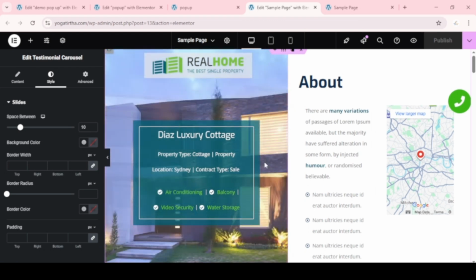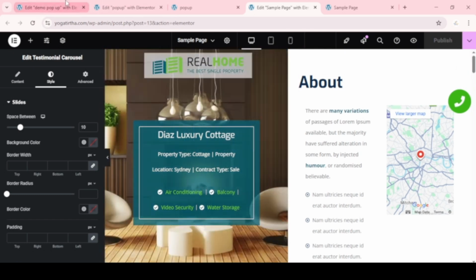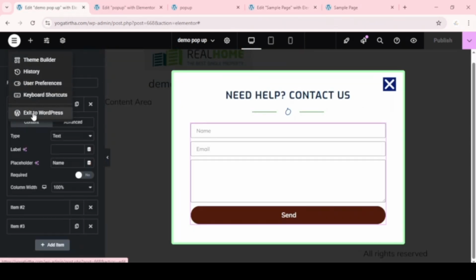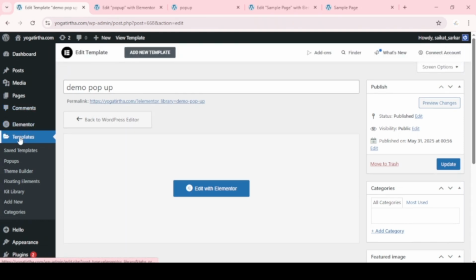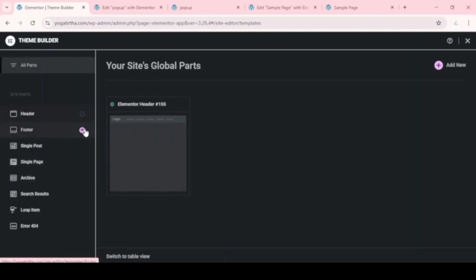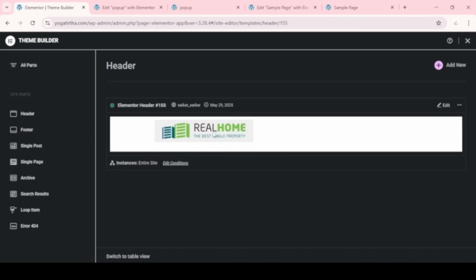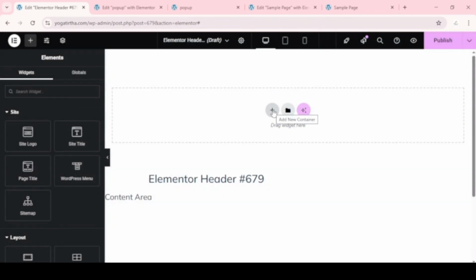Okay, so now I will tell you how I create the header. So I'll exit to dashboard and click here on templates and go to the theme builder, and here you can see I already made this before. So now I will create a header. Okay, so I click here